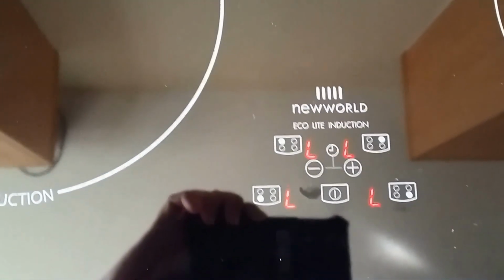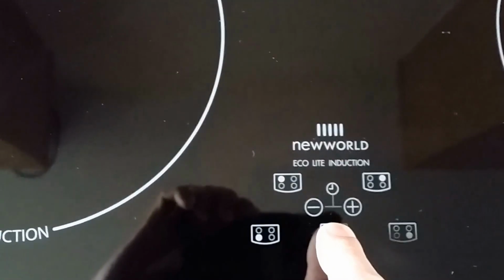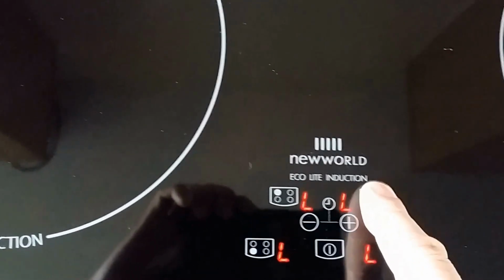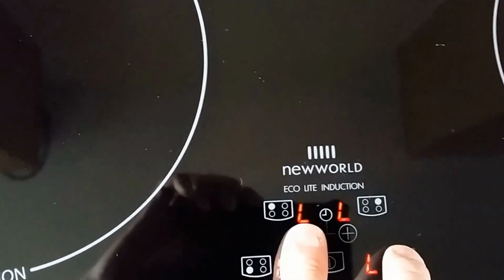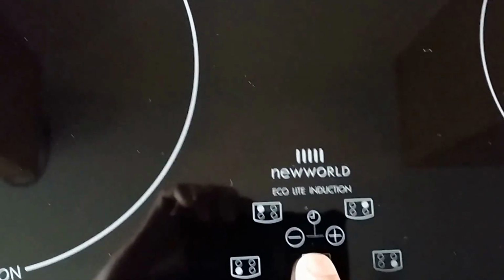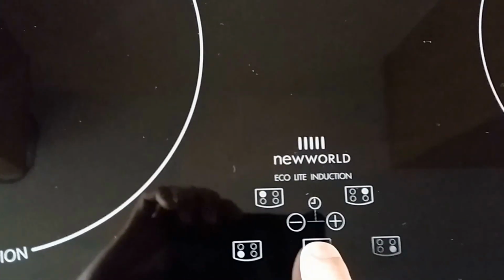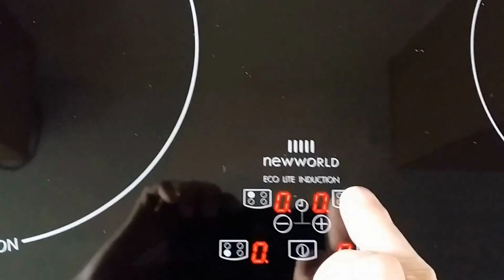Beeps, press the right and L for locked. So it's minus and right plate, then press right plate again, locked. Then you turn it off. Should your child happen to turn it on, can't do anything, all the plates are locked. To unlock it, you just press those two keys again until it beeps. You have to turn it off, turn it back on, press those two straight away, and then press the left, the minus. When I turn it back on again, we're able to select